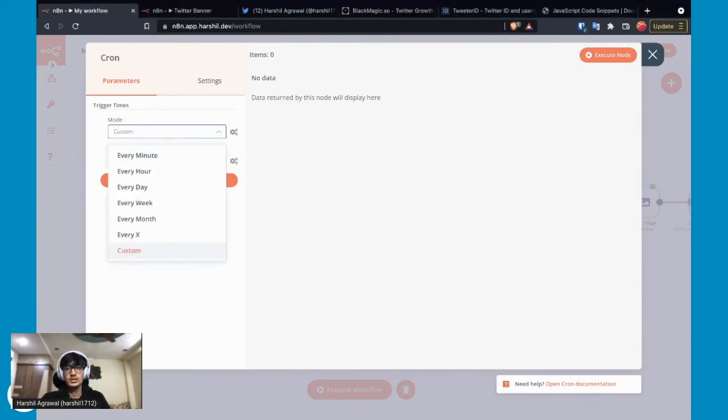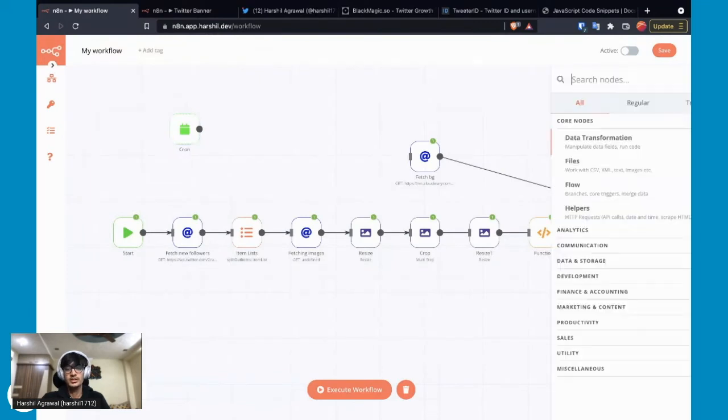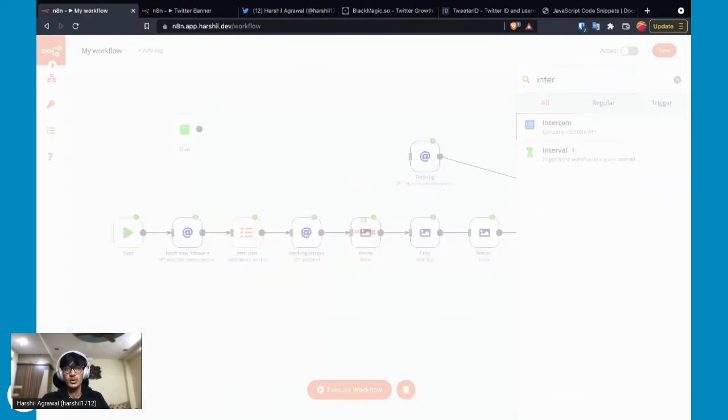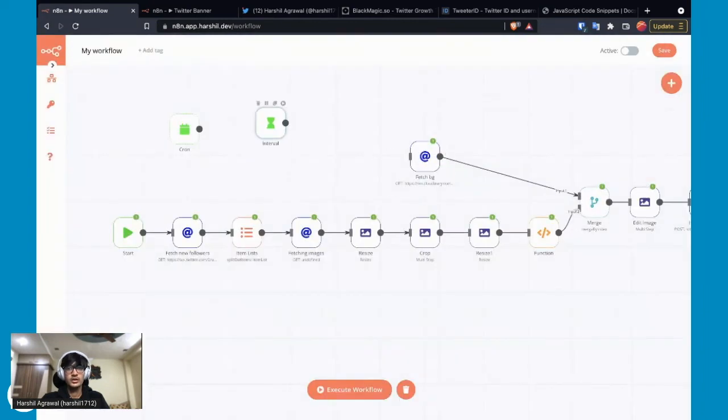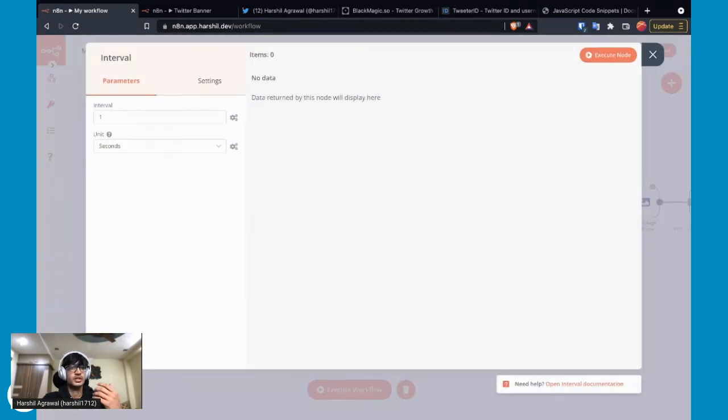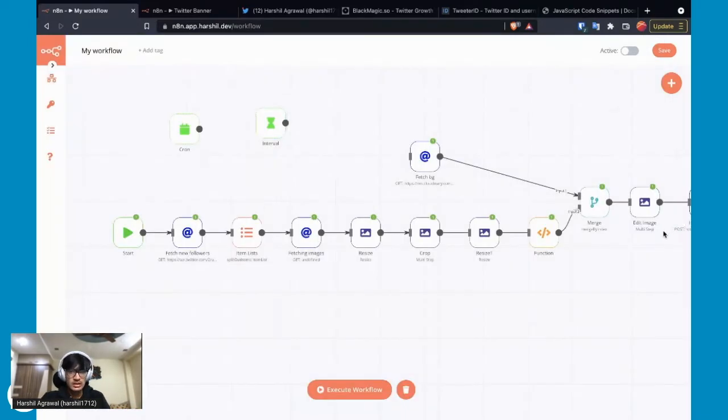And the other node that you can use for this is the interval node. So in the interval node, you can see there is an option to run this every second, every minute, every hour. You can also set the interval. So you want to maybe run it every 50 seconds, let's just say, right? So you can set it up over here, connect it to the HTTP request node,